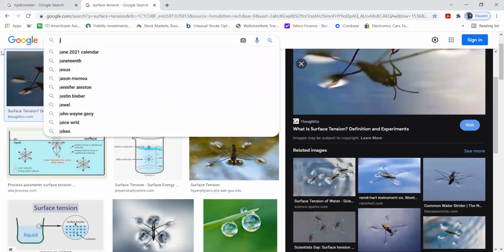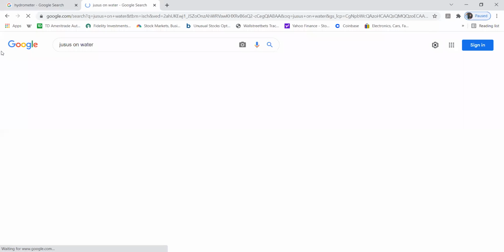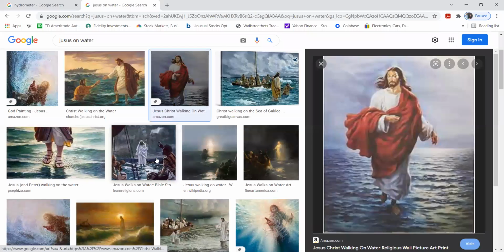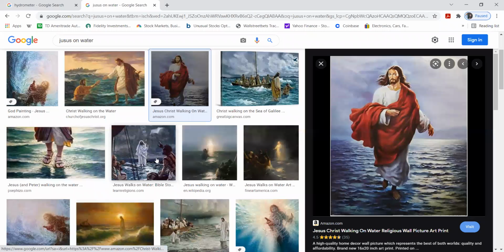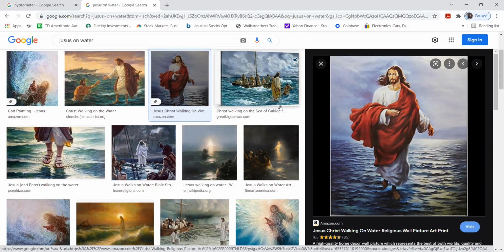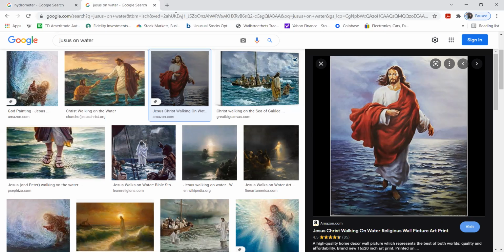But even you see this, I don't know whether there's surface tension; Jesus is too heavy for the surface tension to support himself, I believe. But I would usually tell the students maybe Jesus made the surface tension so large it supported him walking on the water. Okay, anyway, and I'm gonna